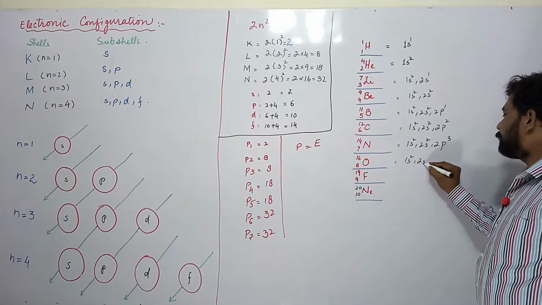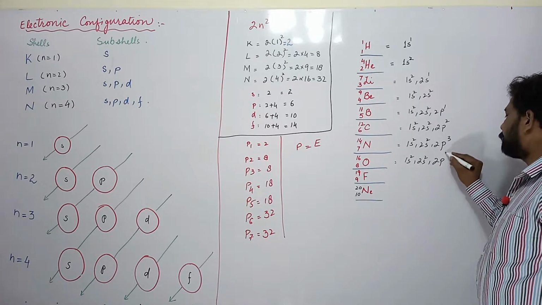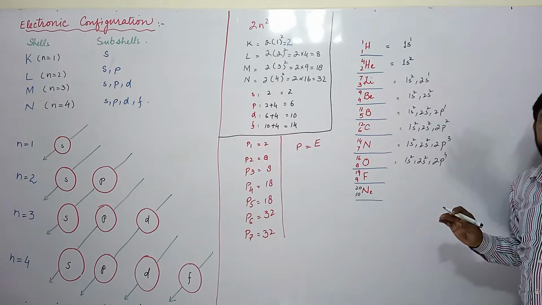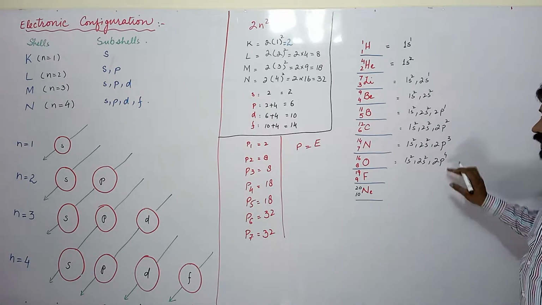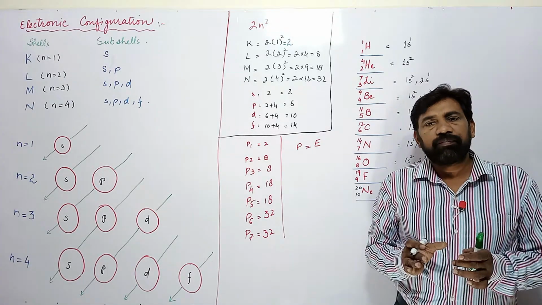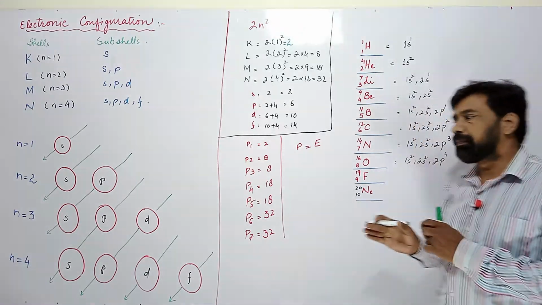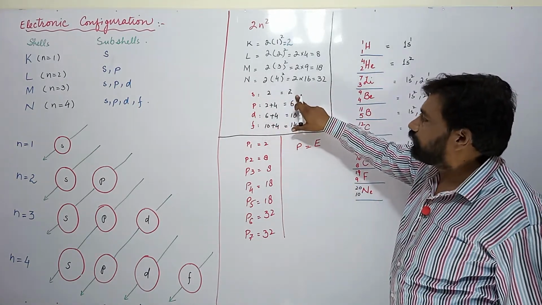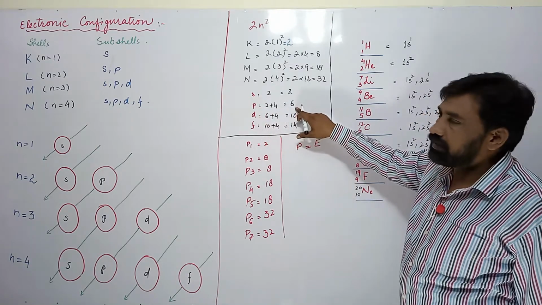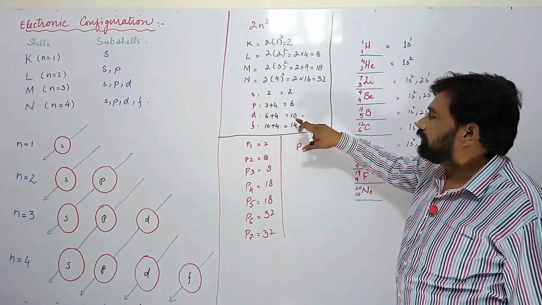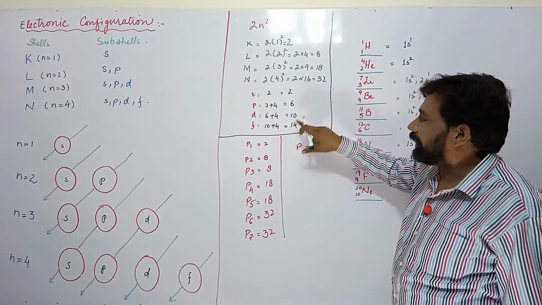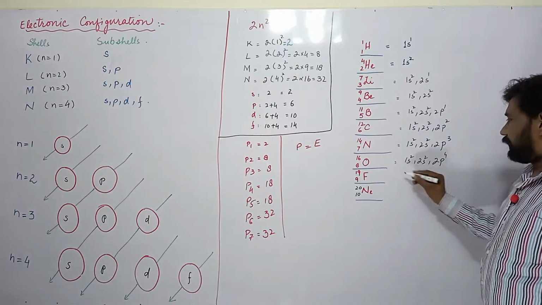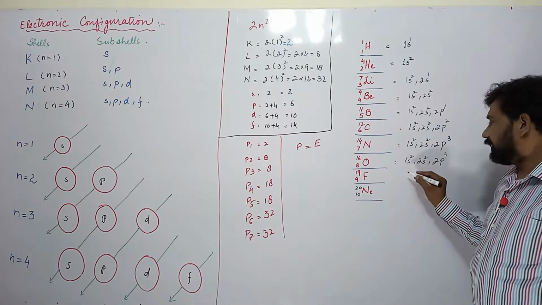For oxygen, 1s2, 2s2 and 2p4. 4 electrons in the p subshell, and we know that maximum 6 electrons can be accommodated here. Remember, minimum 1 and maximum 6. In case of s, minimum 1 and maximum 2. In case of p, minimum 1 and maximum 6. In case of d, minimum 1 and maximum 10. In case of f, minimum 1 and maximum 14. So here 4 plus 4, 8. In case of fluorine,